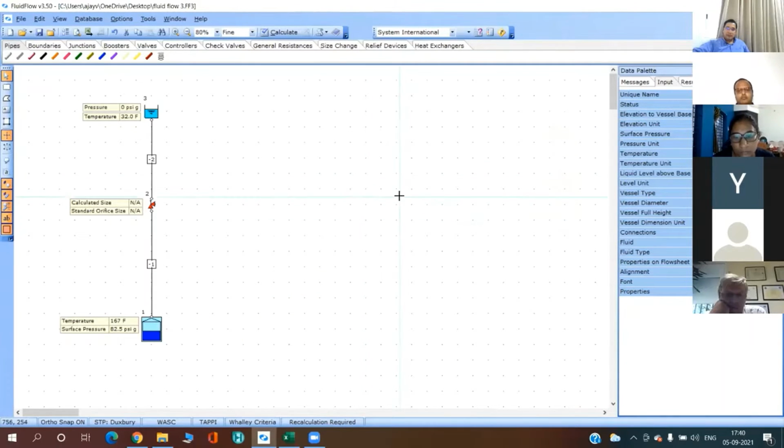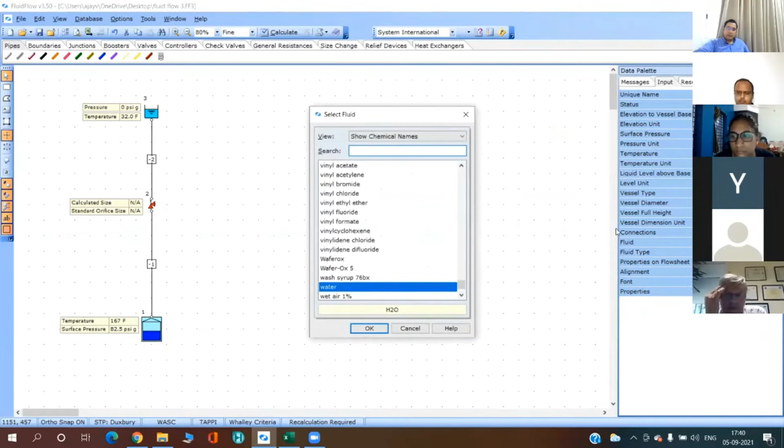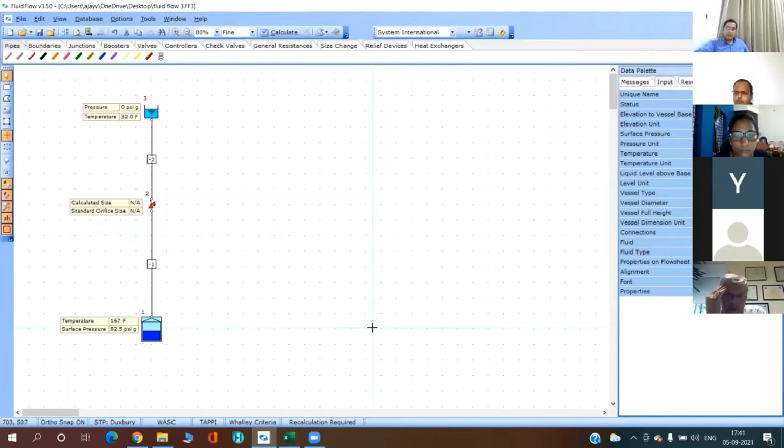Now you have created a mixture. 50-50 by mole. So you can now go to fluid and select this, type T. Yes, test C3, C4, click OK. Then we are done. You can click calculate, see what happens. Click on calculate.